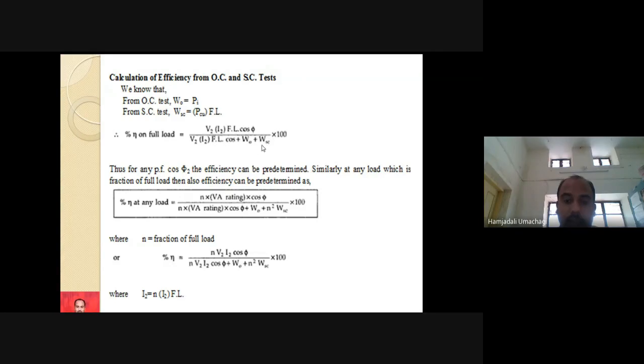So if current is appearing squared, always remember, whenever we change the load, the corresponding changing parameter is current. For that reason, wherever you observe I2 or the current parameter, you have to multiply it with the loading factor x or small n. So here I2, the unit of the current I2 is ampere, so a single n loading factor.